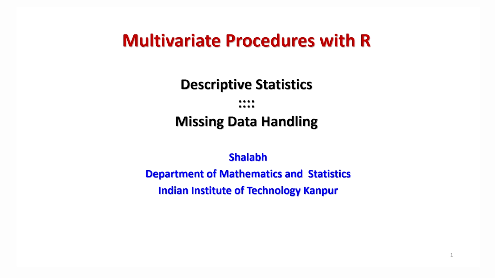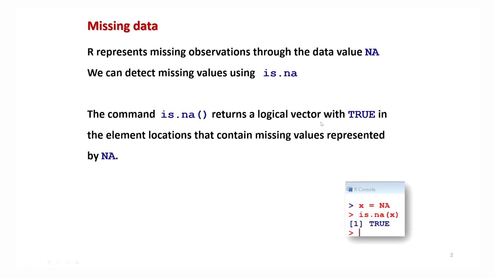Okay, so now let us begin our lecture and try to understand how we can handle missing data in the R software. About this missing data handling: in R software, data which is missing is indicated by capital N, capital A, NA. Different software may have different symbols and notations to indicate it, but in R we use the notation capital N, capital A, NA. Now, the first question comes whenever data sets come to you.